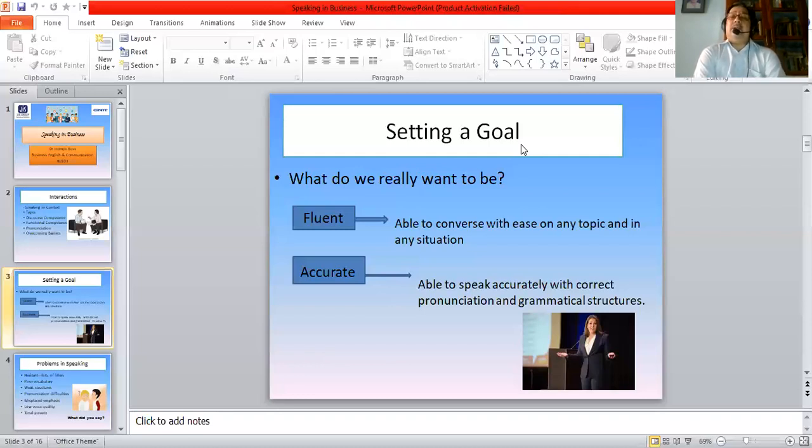Also, that you are reasonably correct in your grammar, the grammar of spoken English, and the syntax and the pronunciation of various terms and expressions. This is what it really means to be a good and fairly proficient speaker in the business context. So, do you think it is far too idealistic, or that you cannot approximate this kind of a distant goal?